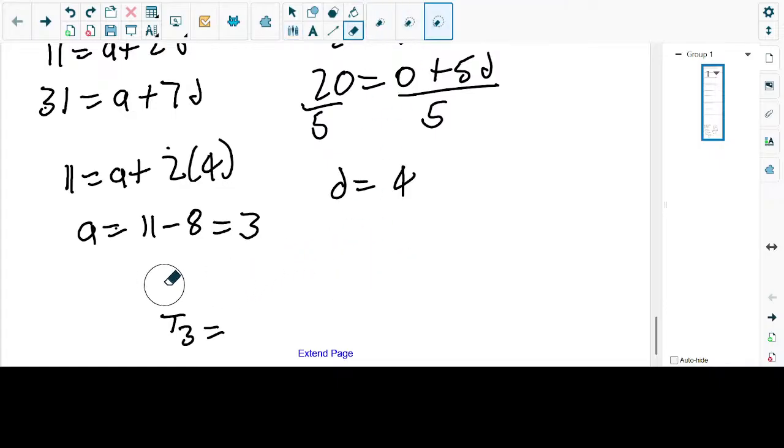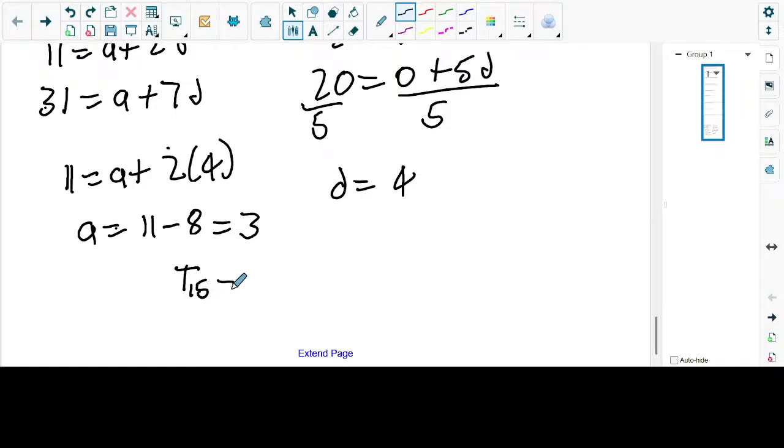Okay, now that we're here, it's simple. Now we know A, we know what D is. Because this is an arithmetic pattern, based on what we just did, term number 15, T15, is going to be given by A plus 14D. How did you get 14D? Again, we said n minus 1, so 15 minus 1 gave us 14 multiplied by D. Yep. So we have T15 equal to A plus